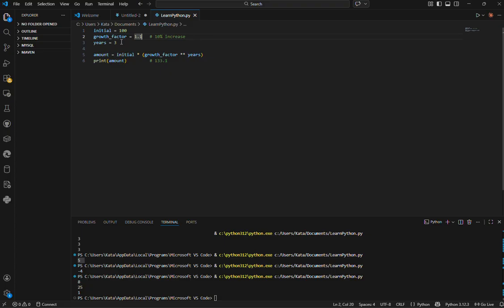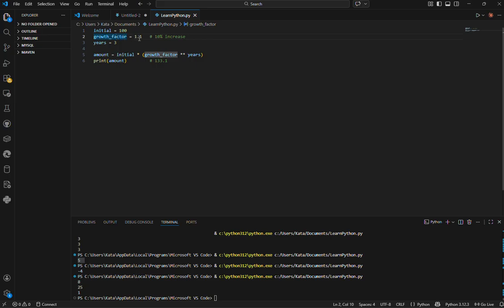And you take out this loan and you say, you know what, I'm going to take it out for 3 years. After 3 years, I'm going to pay you back, right? So after 3 years, the question becomes, how much are you paying back, right? So we'd write our variable years as 3, right? And the formula that we would derive for calculating that would be essentially the amount to be paid at the end of the 3 years, would be the initial, right? Our initial amount here, 100, times the growth factor, right? Which is